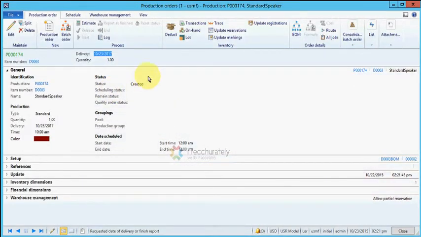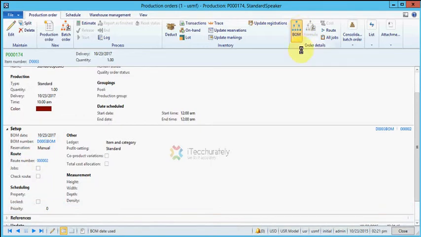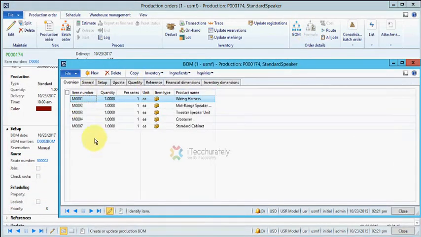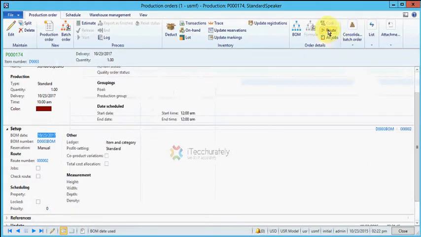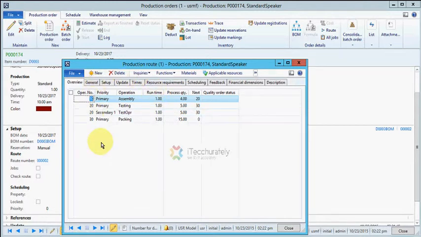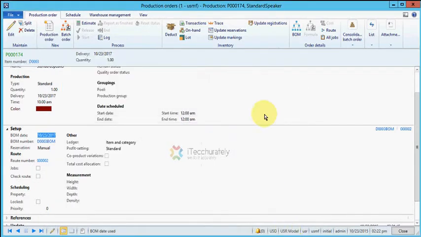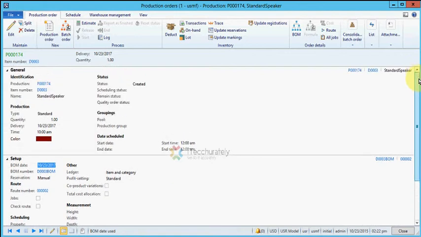As soon as the production order is created, everything necessary, like the BOM information, the items that will be used for creating this item, and the resource schedule used for the production of this item, has been added to my work order, or you can say production order.